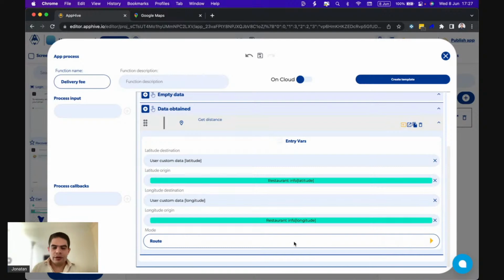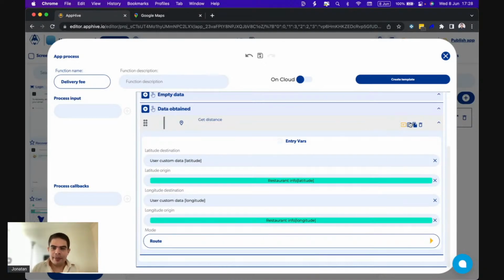So we can use the route. Well, the route is more realistic because we are calculating with the streets we have, and so we consider many factors,